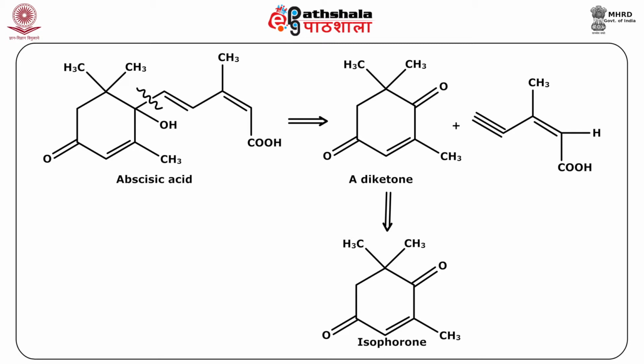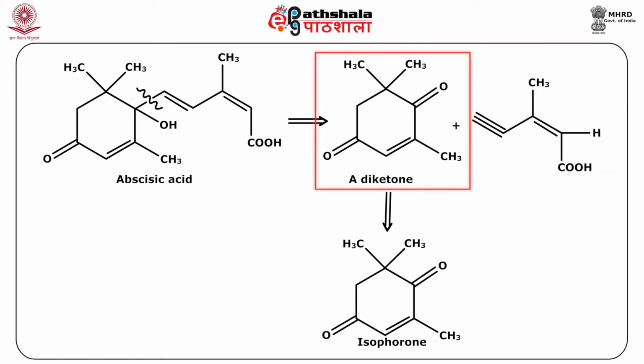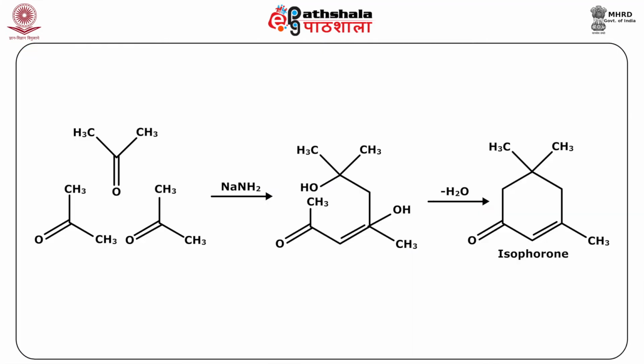The abscisic acid undergoes a carbon-carbon cleavage to form the two synthons, with functional group interconversion forming a keto group and an alkyne group. A diketo compound so formed can be obtained from isophorone. Synthesis: isophorone is synthesized by the aldol condensation of acetone in the presence of sodamide followed by dehydration as shown here